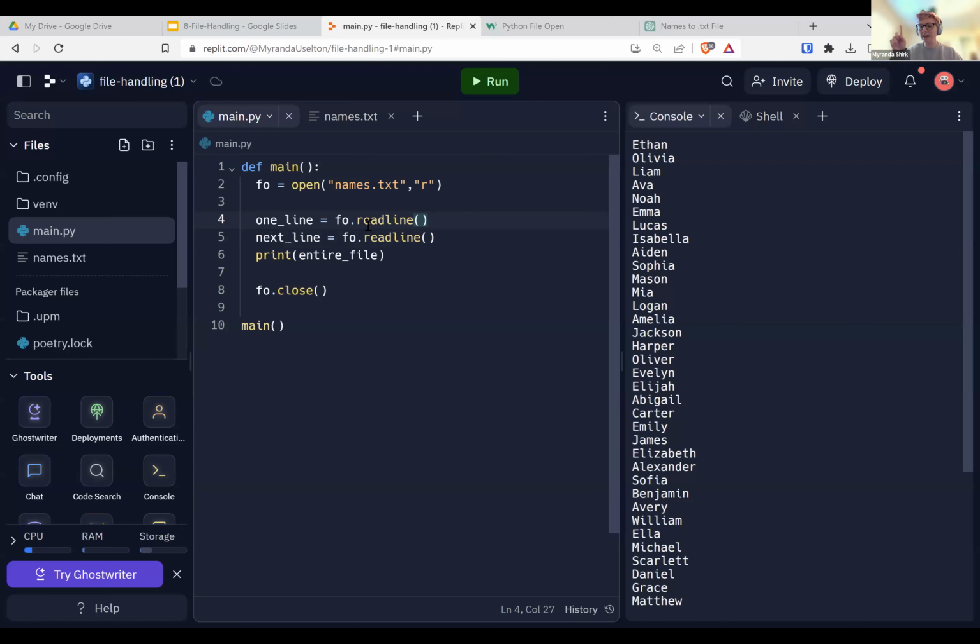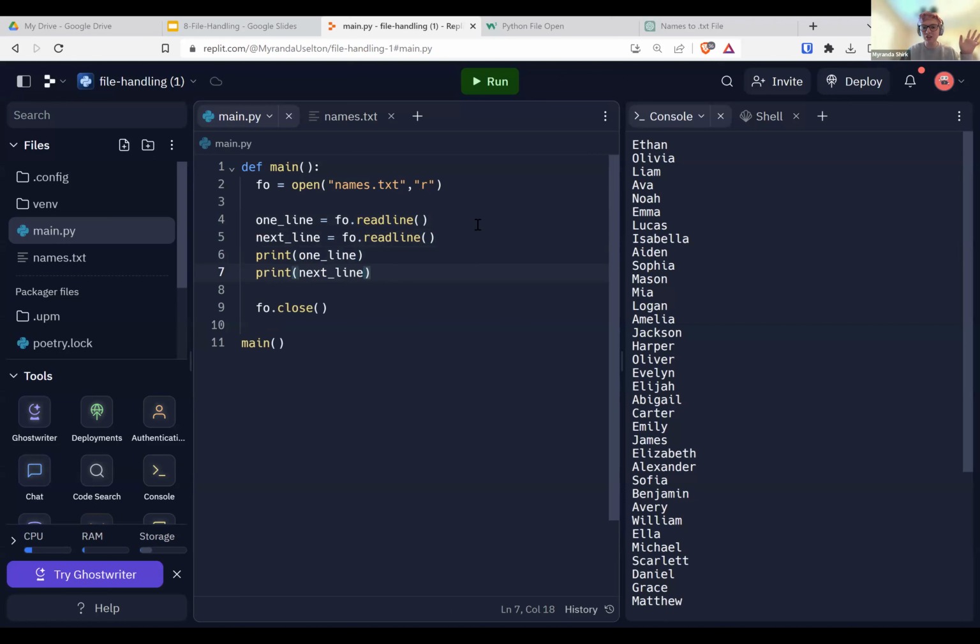So it's going to read one line and then remember that the next time you call readline, it's going to go to the next line. So if I do this, one line equals fo.readline, and then next line equals fo.readline, that'll be the first line and the second line. So I can go here, print one line, and then print next line.